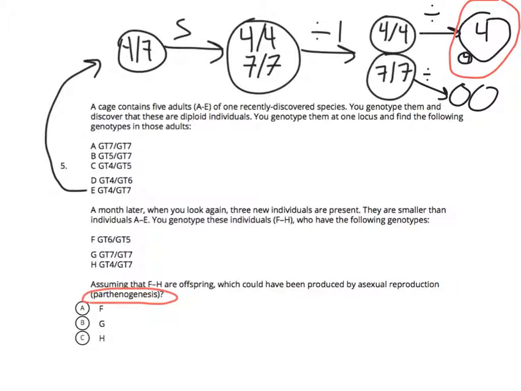That would mean that after the second division, these two polar bodies that carry the 7s are not the ones that fuse with the oocyte during, as far as we know, parthenogenesis. You expect the second polar body right there and the oocyte to fuse to form the parthenogenic offspring. So in that case, the only offspring that's homozygous is this 7/7 individual G. All the other two options are heterozygotes, and that wouldn't occur as a result of parthenogenesis.